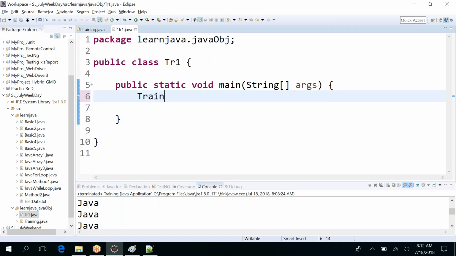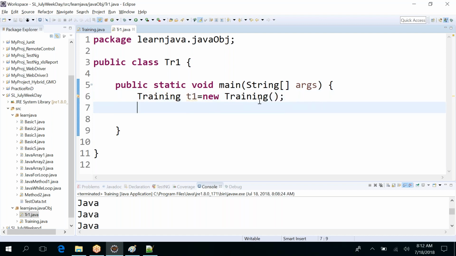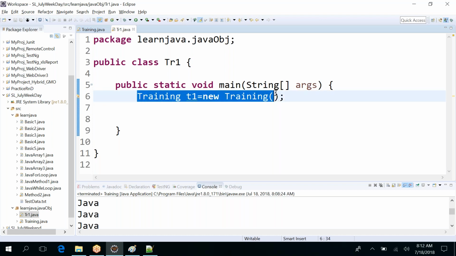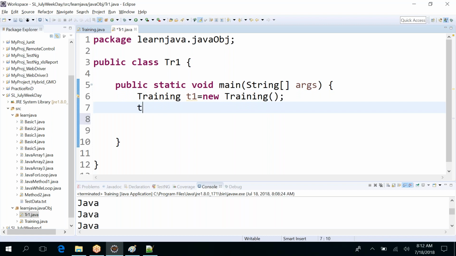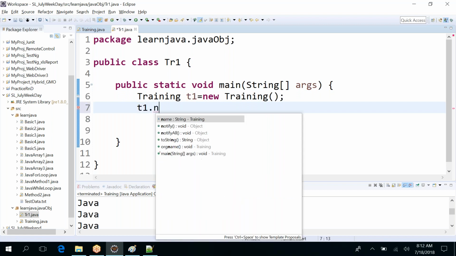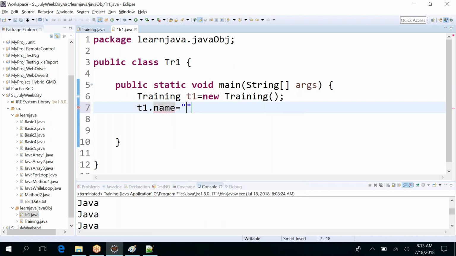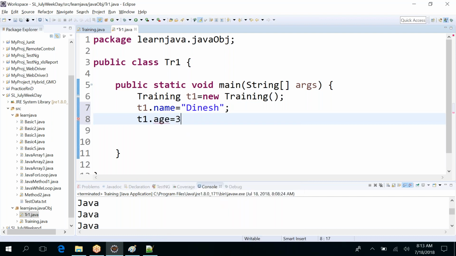Here also I can write Training T1 equal to new Training. Can you see? I can create an object of training class from this class also. I can write T1 dot, can you see I can access everything? Name equal to say Dinesh. T1 dot age equal to 30, for example. T1 dot